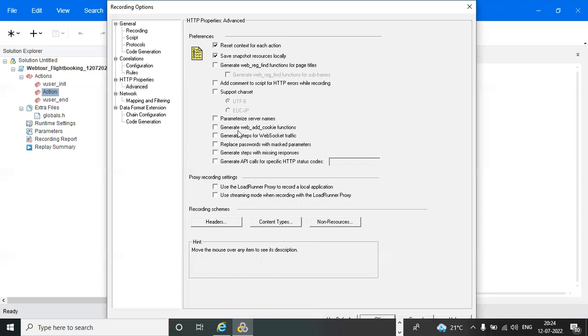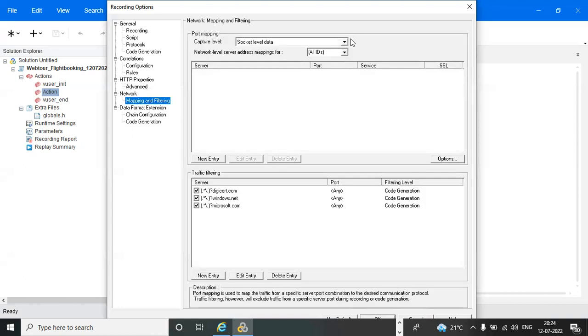So we have unchecked the web ad cookies and WebSocket traffic and generate web breakpoint functions. After that, mapping and filter. In the mapping and filter, we have three options: socket level data, VNet level data, and both socket level and VNet level data. When we select the socket level data or VNet level data, for example, we are